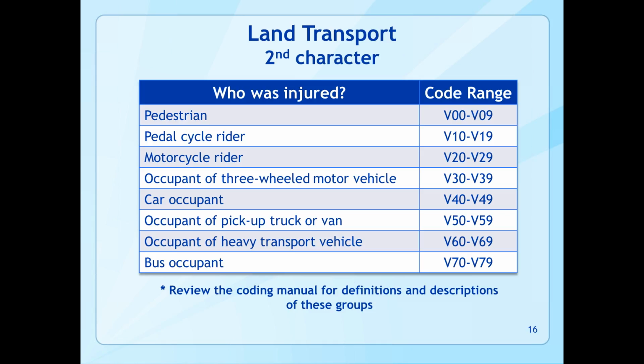Let's move to the next slide. This table focuses on the second character of the code, that is, the part of the code that identifies who was injured. For each type of person who was hurt, for example, a pedestrian, a pedal cycle rider, a motorcycle rider, etc., there's a range of codes that capture different types of events. So right off the bat, assigning transportation codes in ICD-10-CM is theoretically easier than in ICD-9-CM, because if you know who the injured person is,